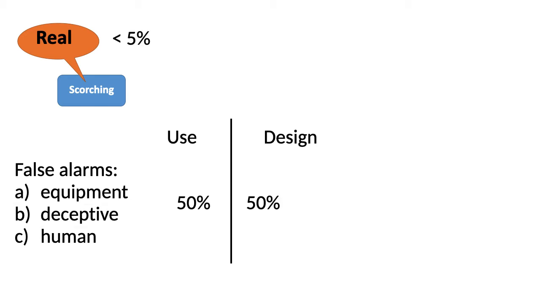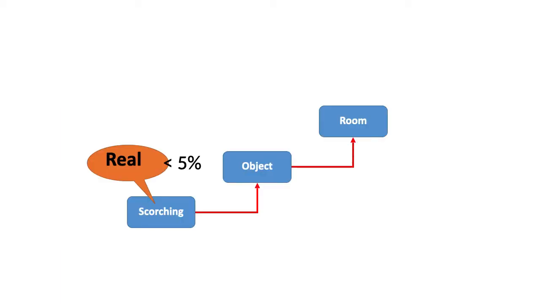But in my safety region, we have collected some statistics, and less than 5% of all alarm calls that we receive correspond to a real alarm, and about 50% is due to faulty use, another 50% is due to faulty design of the fire detection installation. Now let's have another look at the propagation of fire. So given the fact that less than 5% of my fire calls are real or verified.